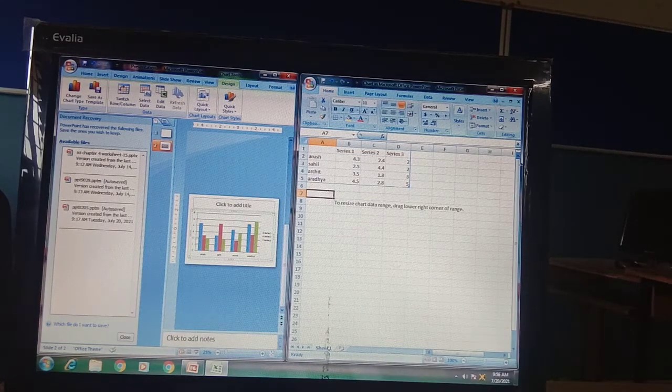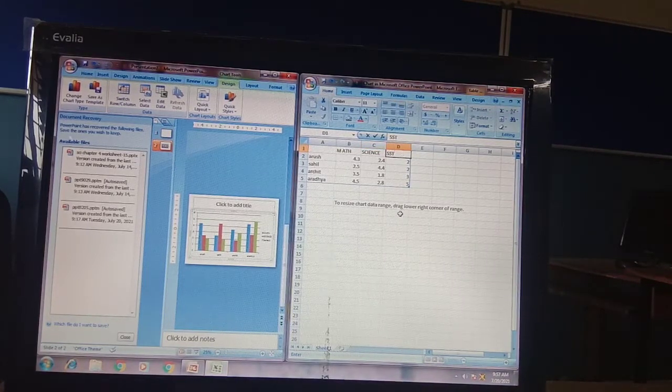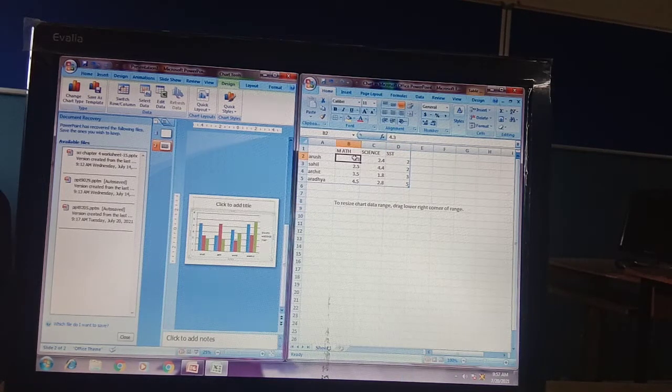For example, Math, let's take in capital letters, Science and SST. So for 3 subjects we are going to compare marks with the help of the chart. And we are comparing the growth and ups and downs in the marks.